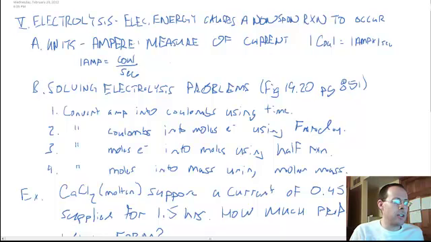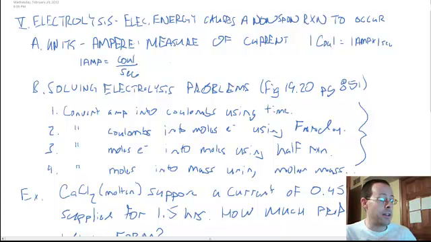The main thing is just, it's always going to be solving. The steps are pretty much the same. You might start with mass and work your way backwards and find out how much time it takes, or they might give you time, and you have to find out what the amperage would be, and that is pretty much it. So again, that wraps up electrochem, the last big thing that you have to learn for chemistry,